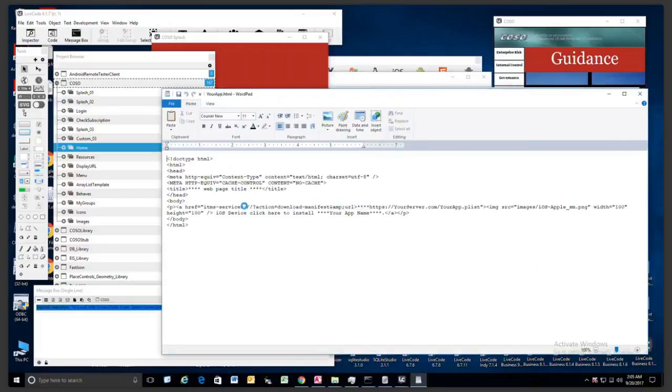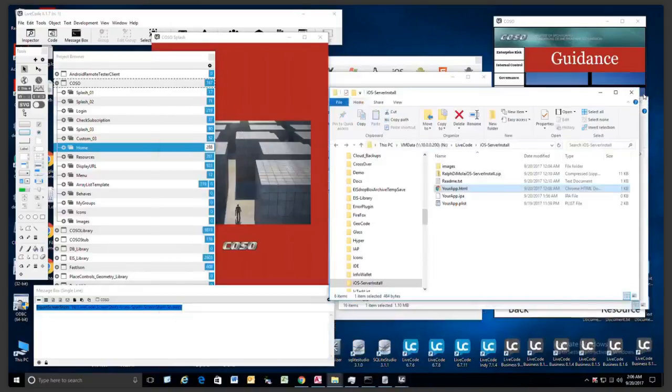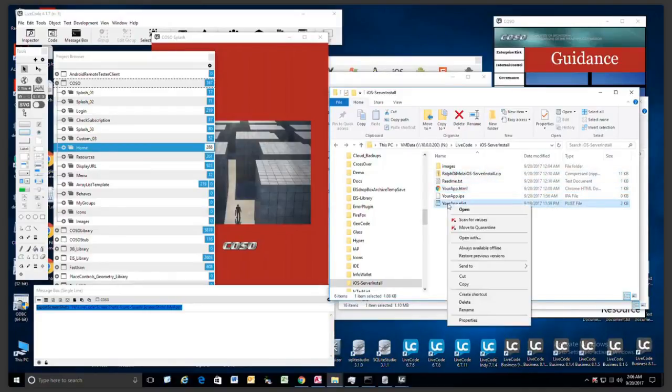The HTML file is very simple. It's lame. You can make it fancy if you want, make it look good, but it's only for testers. This is a title you put on the page. This is the HTTPS link to the plist file, which we'll look at in a minute. And on an iOS device, click here to install your app name. That can be any description here, just like the title can. The only thing that's really critical in here is that this HTTPS has to point to your app.plist. So if we close this and we go and look at your app.plist,